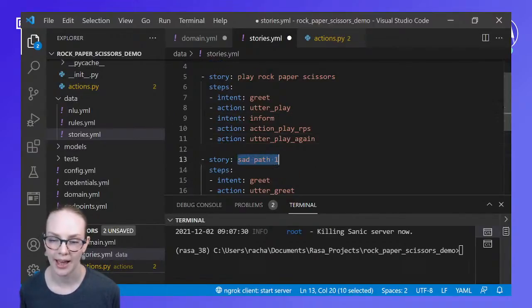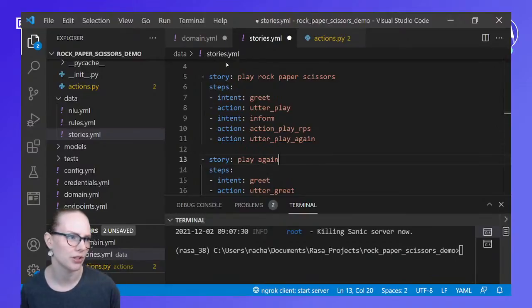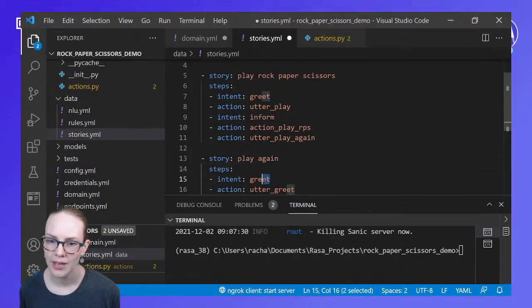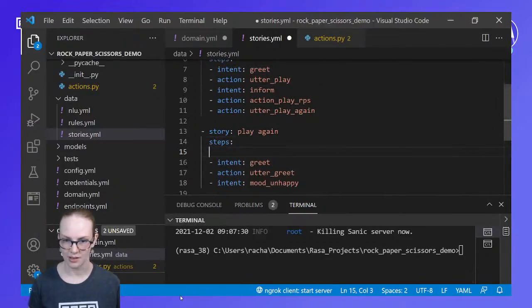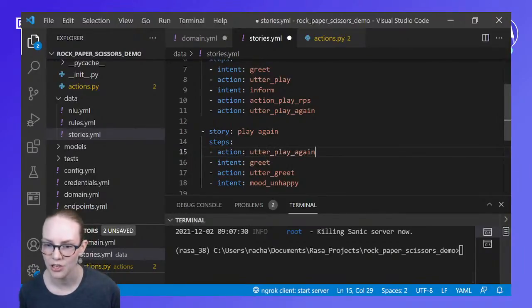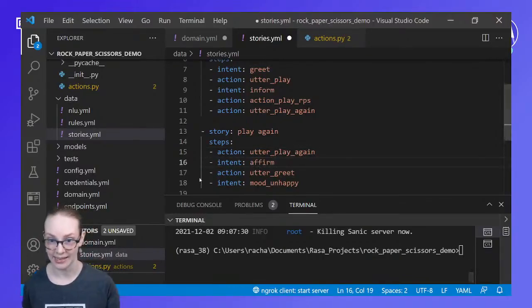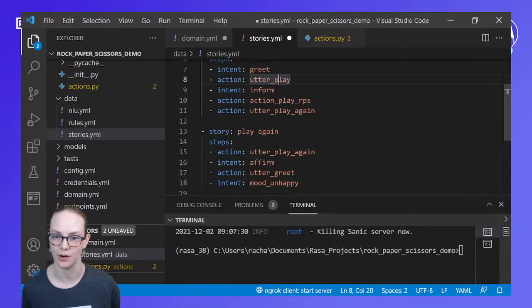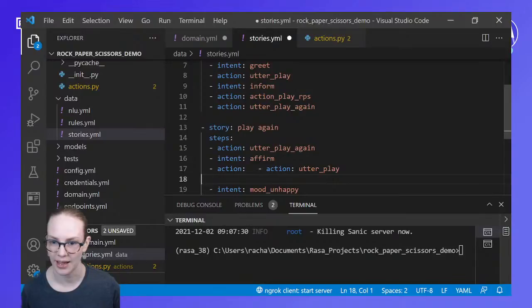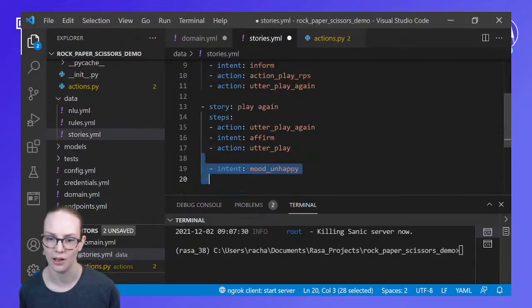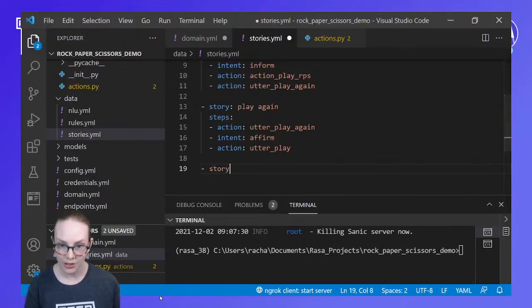And then I'm also going to have a second story for play again. I could have this all in one story, but I think it's a little bit more modular to have it separated out. So after the action, the chatbot is going to say, do you want to play again? The user's going to say yes, and then we're going to start this over again. So we're going to say utter play, etc., etc. And I shouldn't need to specify all of the stuff from that, but also they can say that they don't want to play again,